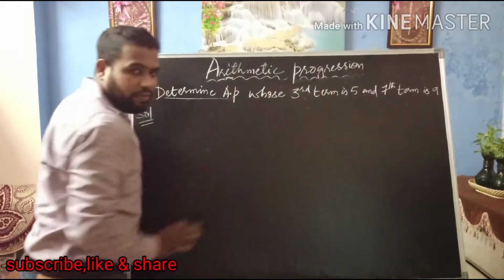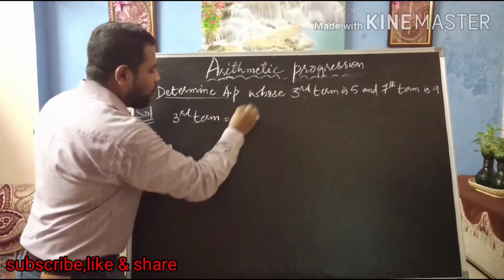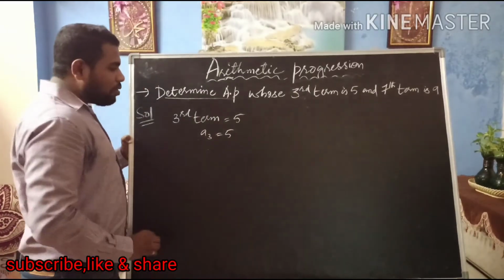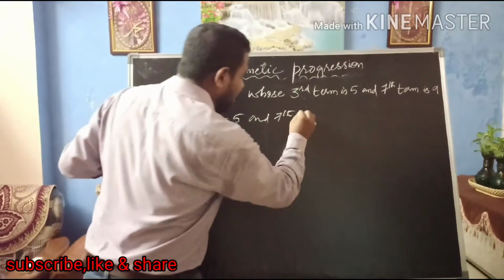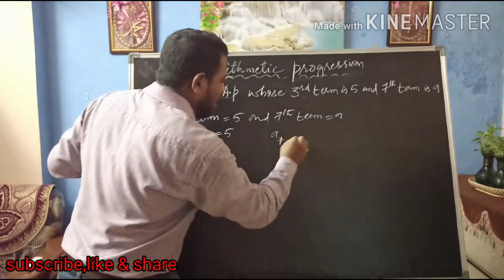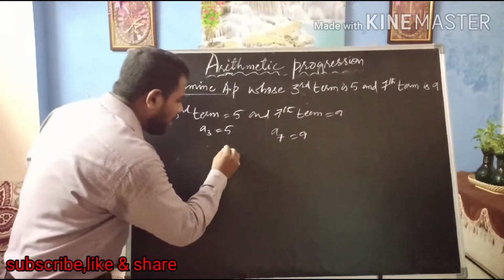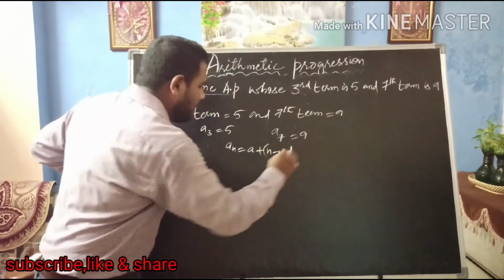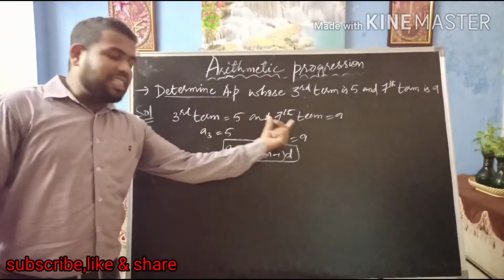What is given? Third term is 5. Very simple here. Third term is given as 5. It means A3 equals 5, correct? A3 equals 5 and seventh term is 9, correct? Seventh term equals 9. It means A7 equals 9. Here we are going to use the same term formula. Just now we studied the term formula. What is the term formula? It is an equals a plus n minus 1 into d. So now we are going to use the term formula for the third term as well as for the seventh